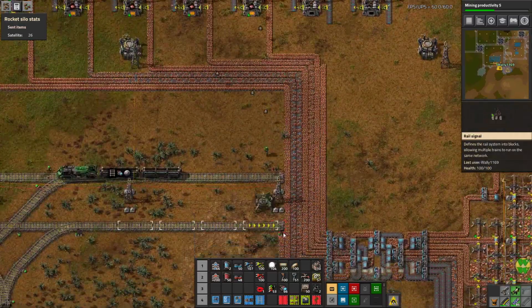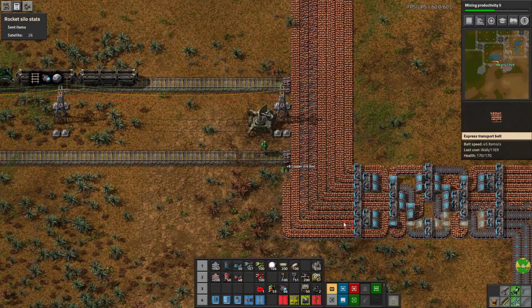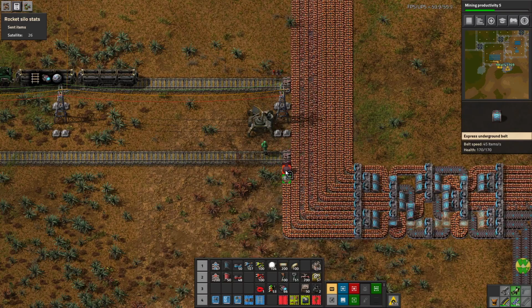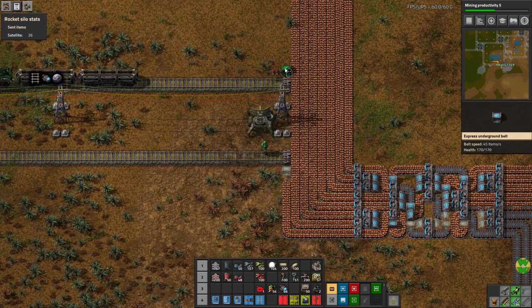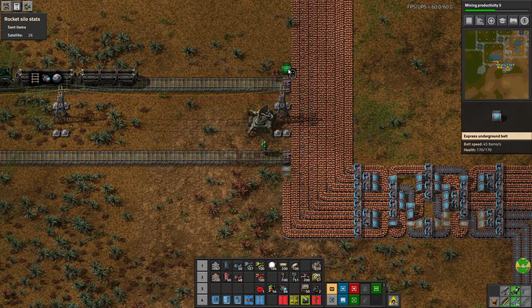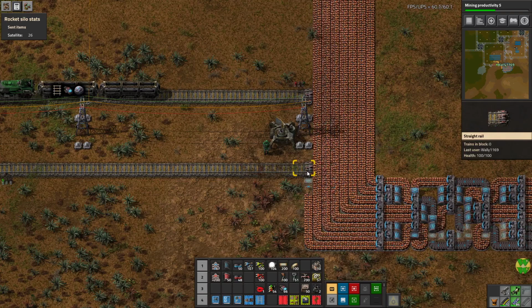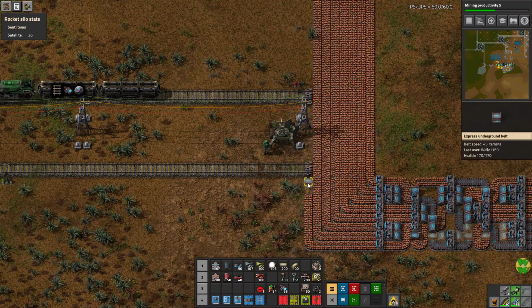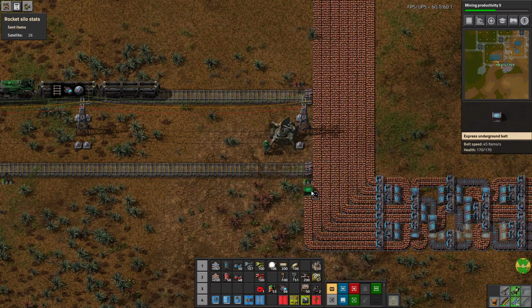Because of this one needs to be an underground. And I just used it. You know what? I don't need a signal. That doesn't reach. Those don't reach? I thought those reached. Oh, I have this at 3 spaces. That's why. Oh, alright. Take the lights out, I guess. I can put that signal back in if it matters. Not that it does, but...